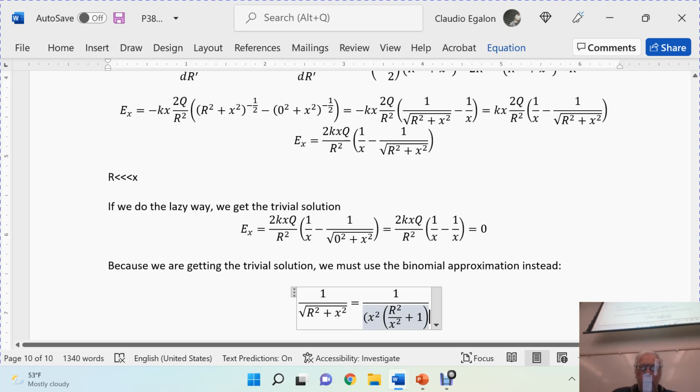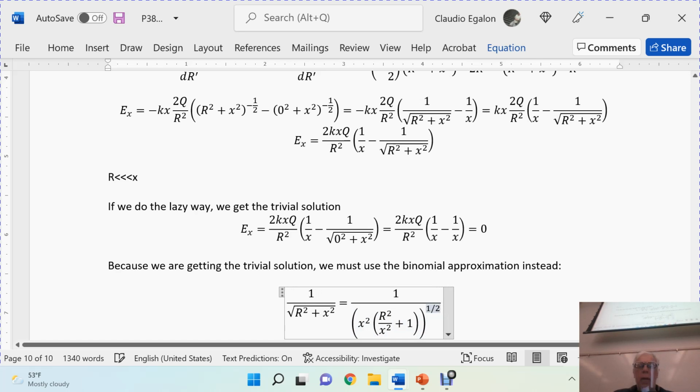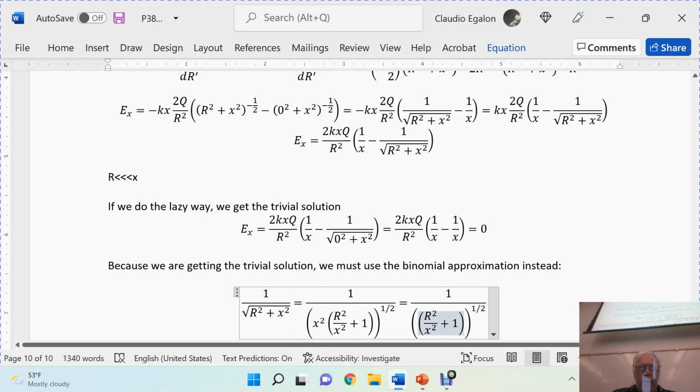Square root here. Okay, square root. Here you go. Okay. What you have right in here is exactly what you have right in here. And now that I put it in a different format, well, there's one more thing that I gotta do. I gotta take this x squared outside the square root,